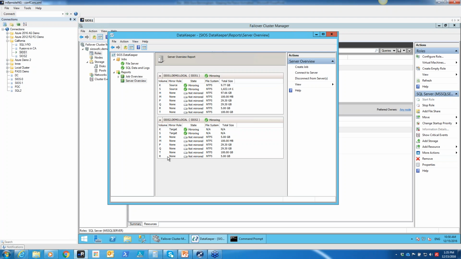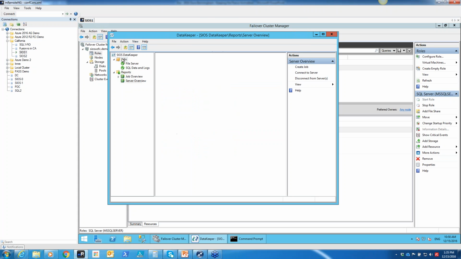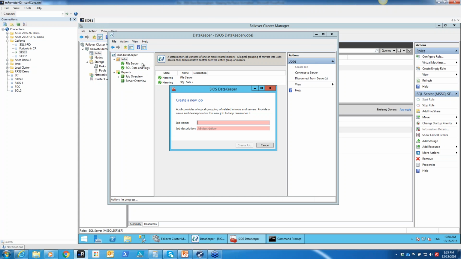So what I'm going to do is take the R drive, and the only requirement in terms of the storage is that the size needs to be the same on the source and target, or minimally the target needs to be as big or bigger than the source. So we have a 5 gig R drive on both systems, and we're going to replicate that and integrate with the cluster. So I'm going to create a job called R drive,